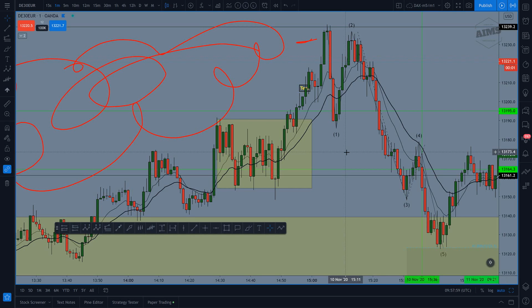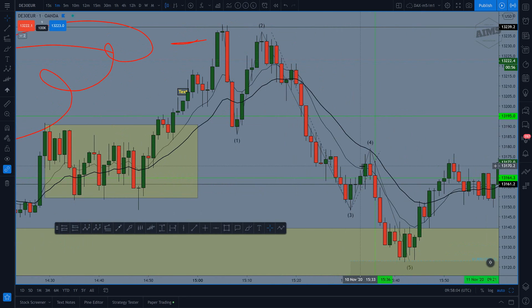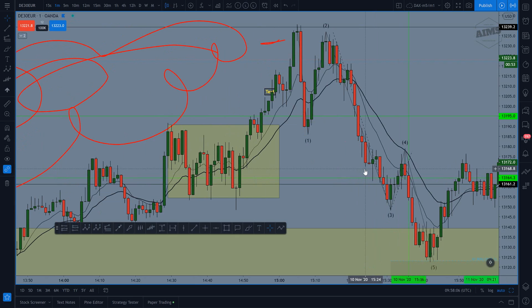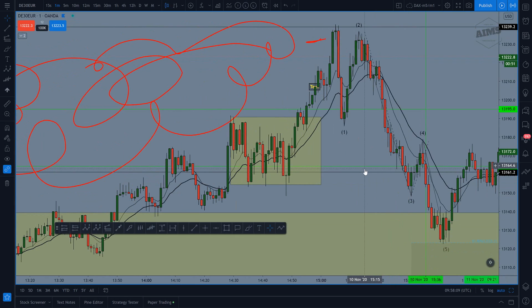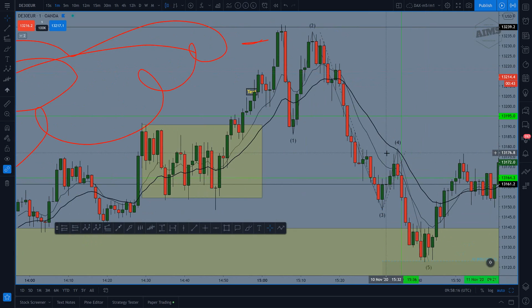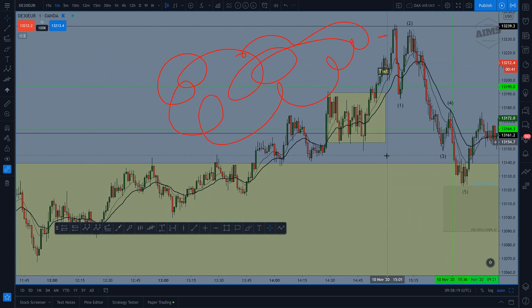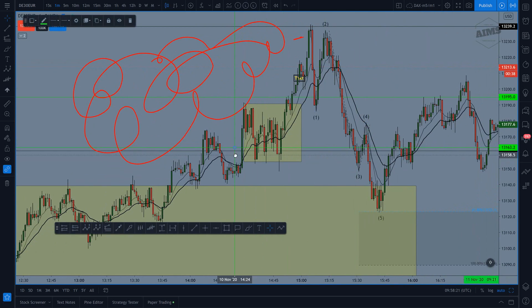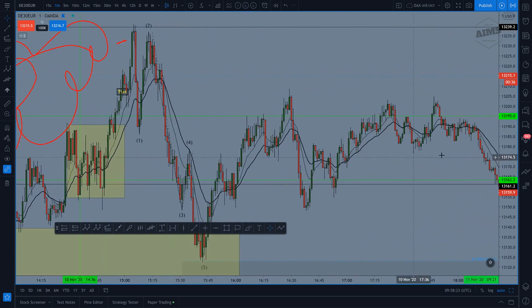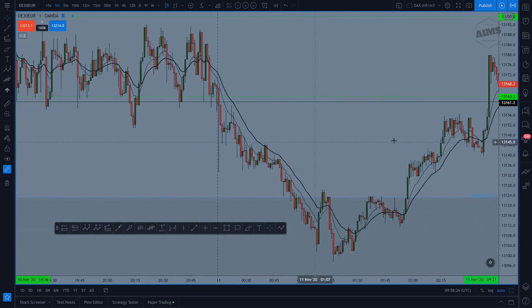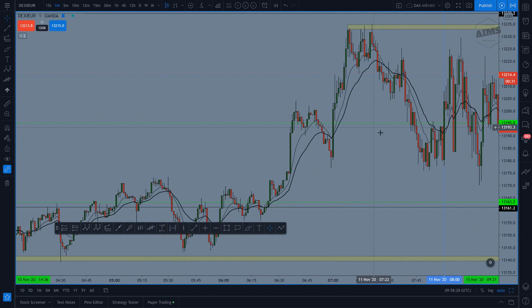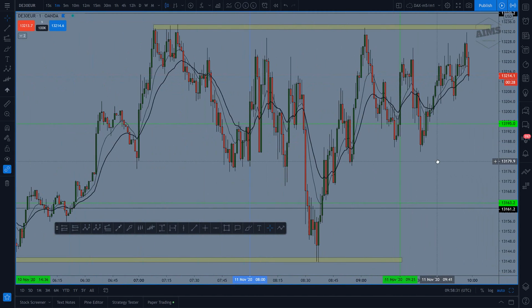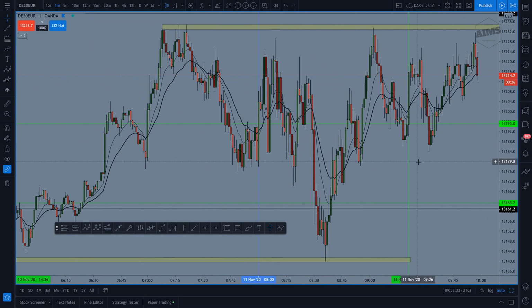So I would say there are 2 ways of doing it. Either start right at this and then incorporate all that, or start from setup 1 and get good at setup 1, because when you get good at setup 1, everything will make sense. Yeah. I did start with setup 1. I just found that I tended to get in too soon because I was impatient. So I kind of like the pullback method because it's cleaner. It's easier to see. See, this is like a clean shot, whereas this is not a clean shot, but